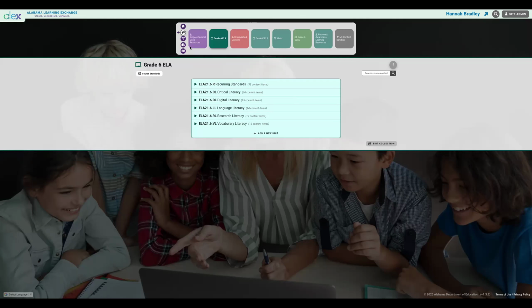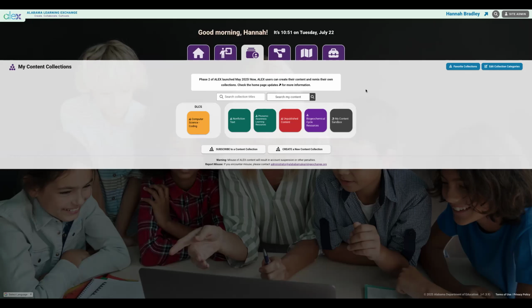So that's one of the benefits of creating an account: you're able to create all these collections and bookmark them to your favorites. Once you've created these, you can then share them out as well as add other people to those collections, so you can start to build these collections together with another teacher.